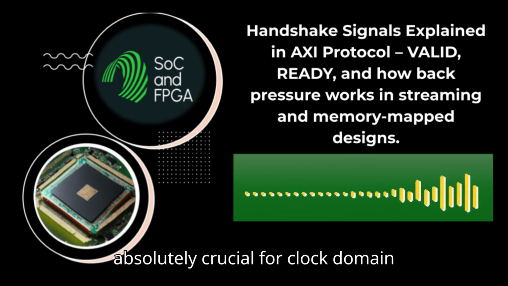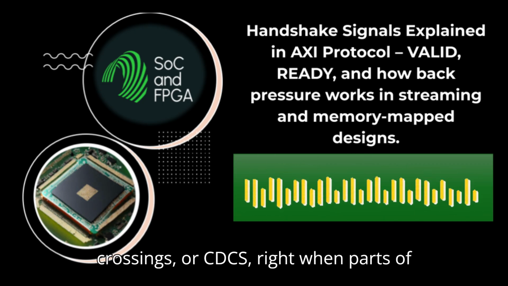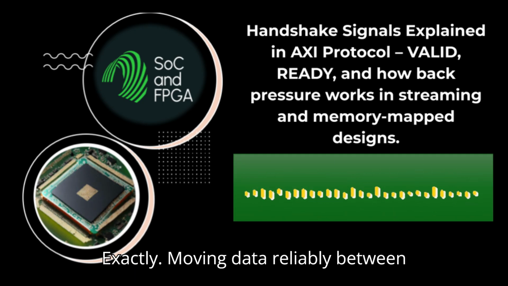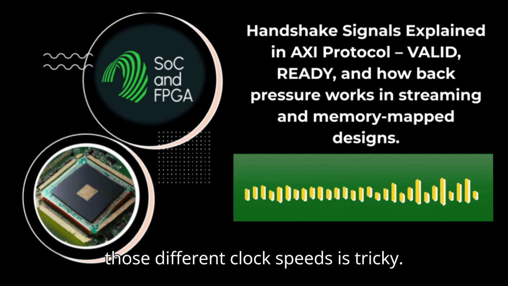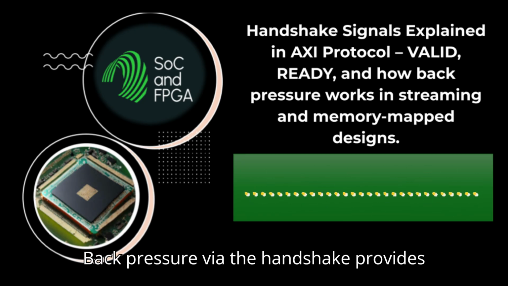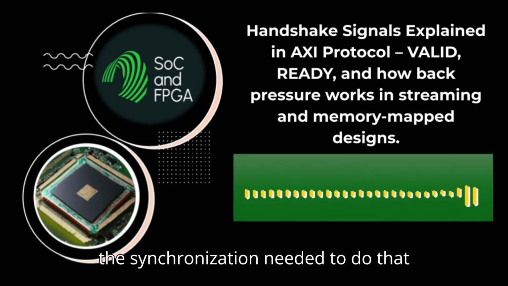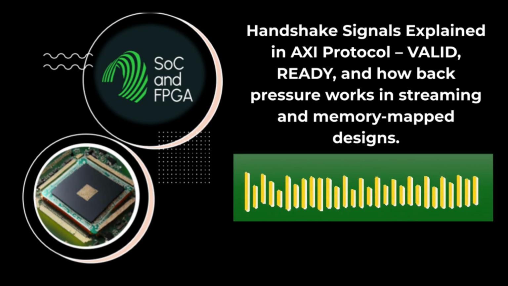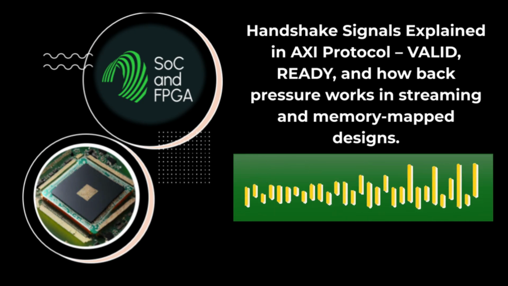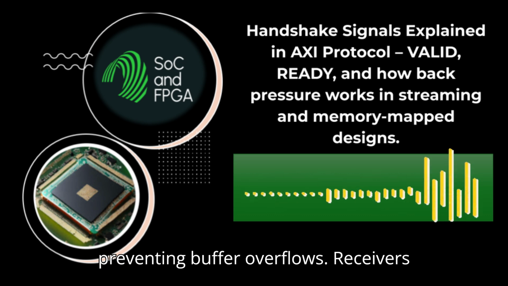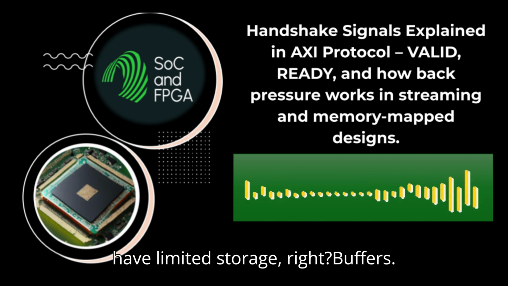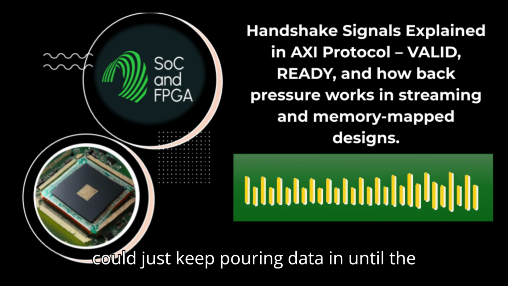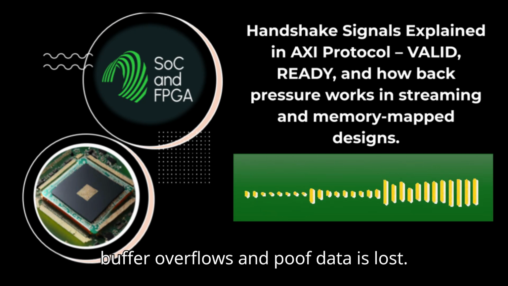Thirdly, it's absolutely crucial for clock domain crossings, or CDCs. Right, when parts of the chip run at different speeds. Exactly. Moving data reliably between those different clock speeds is tricky. Back pressure, via the handshake, provides the synchronization needed to do that safely without corrupting data. And maybe the most intuitive reason, preventing buffer overflows. Receivers have limited storage, right? Buffers. Without back pressure, a fast sender could just keep pouring data in until the buffer overflows and poof, data